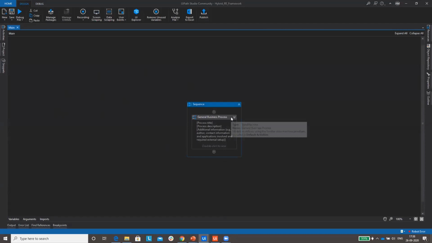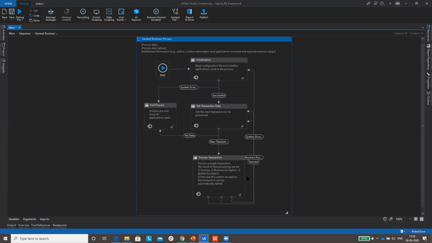You'll normally have a XAML or a workflow like this, with an empty blank workflow. Whatever change you want to make, just do it here. The only thing that matters is when you publish it, it will be published as a template instead of a process. When you do a normal publish, it will be a process, but when you select it as a template and publish it, it will be published as a template.